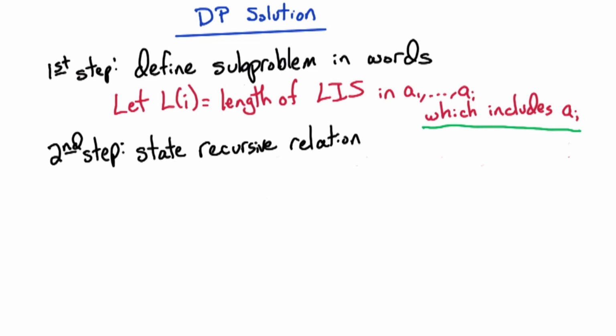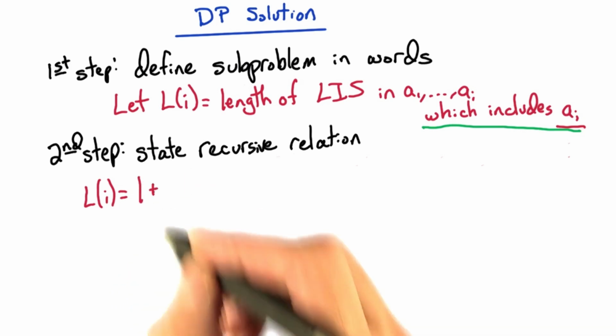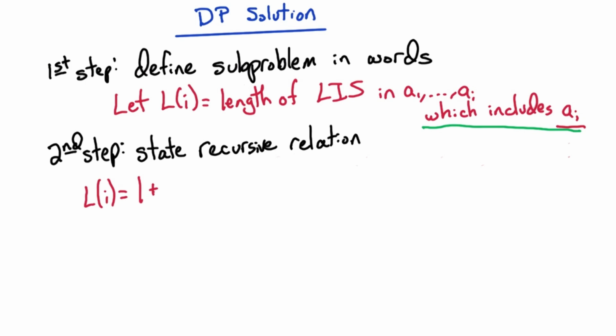Now let's formally state the recurrence for L of I in terms of smaller subproblems. L of I requires that AI is included in the subsequence. Therefore, we get 1 for including element AI in it. And then we take the longest subsequence that we can append onto the beginning. So we're going to take the max over all earlier indices J of the length of the subsequence ending at that